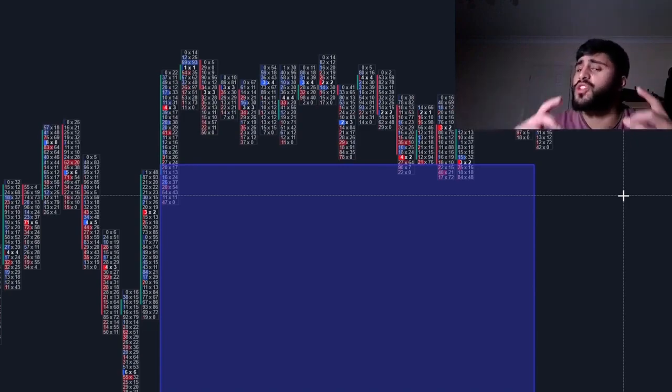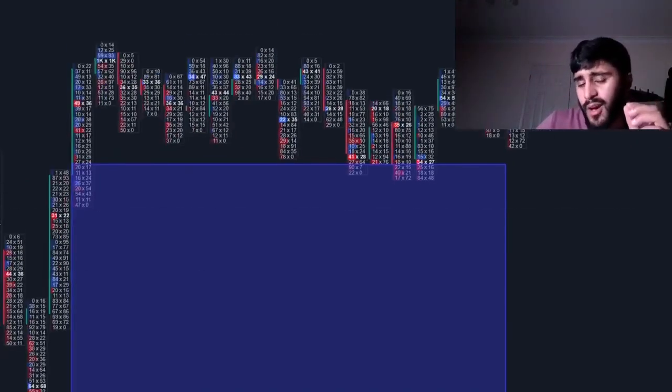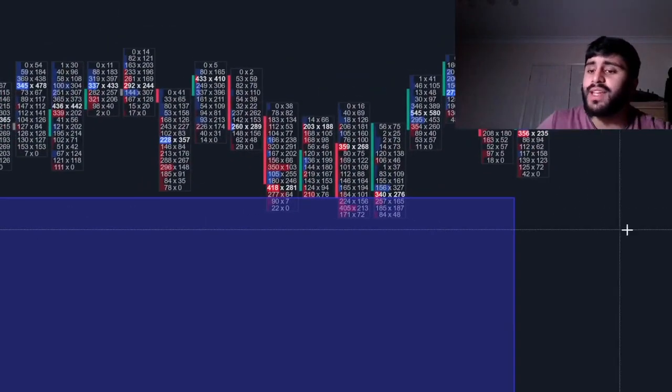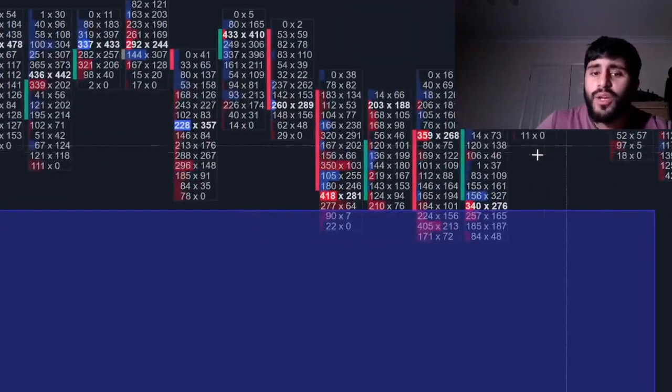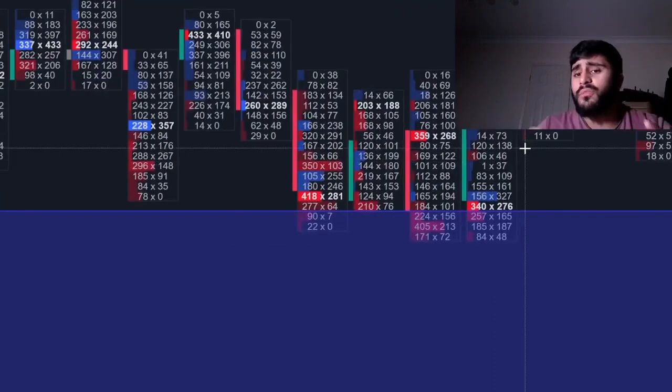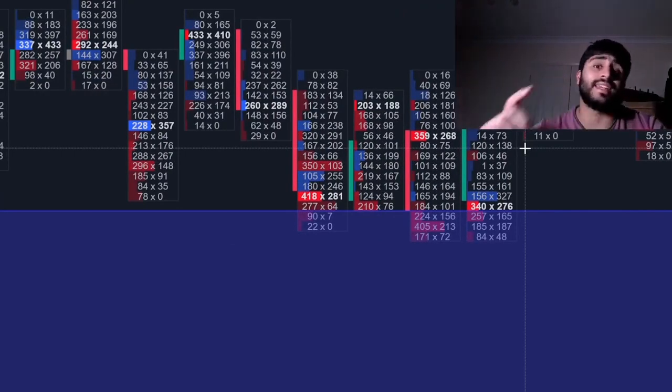Right, so as you can see, when we zoom into the candles, we're able to see a brand new world which wouldn't be open to us with candlesticks. So what I want traders to understand now in the third part of the order flow series, as we get deeper into order flow, is that the order flow essentially dictates every candle. The candle is almost like an indicator of the